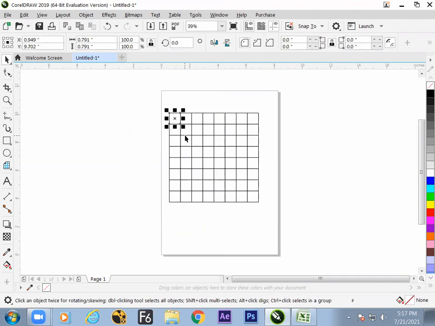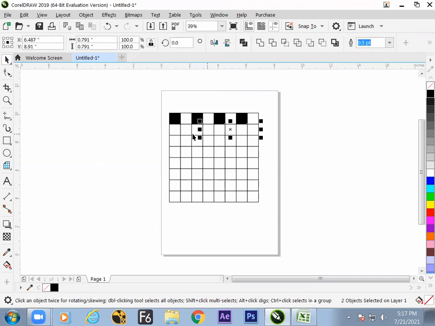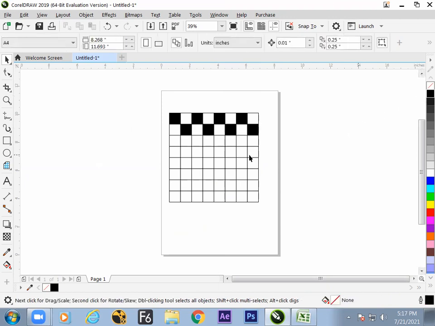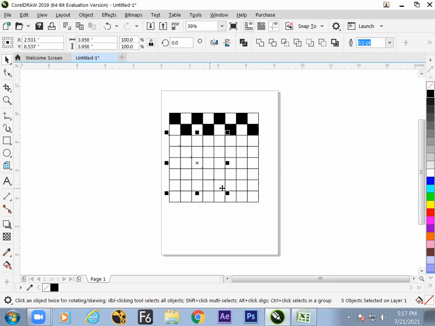Control U is to ungroup, grouping and ungrouping. And then select, select, select, select, and make it black. Select, select, select, select, and black. So hope we have understood now how to make a chessboard in CorelDRAW within very little time.